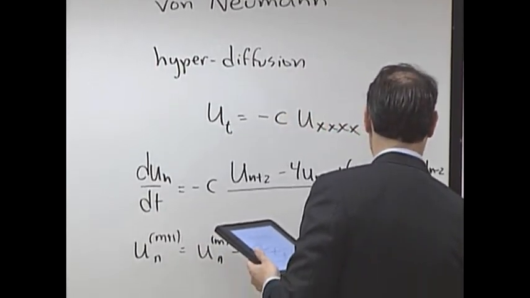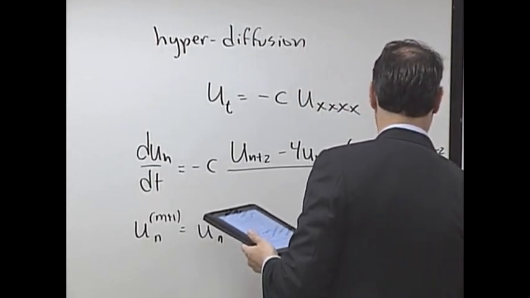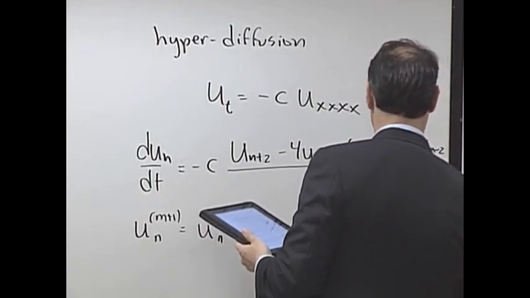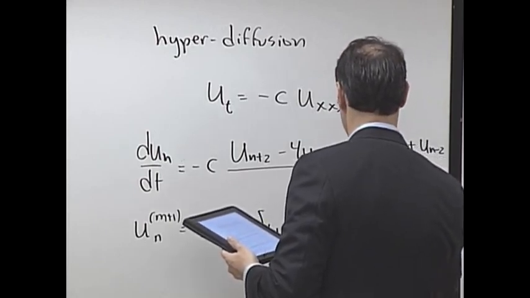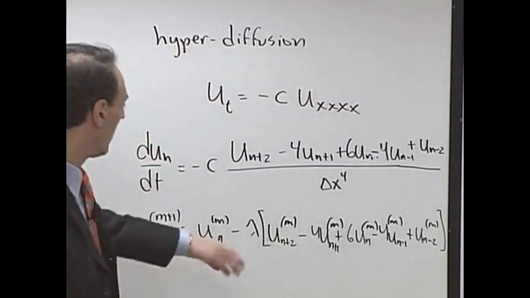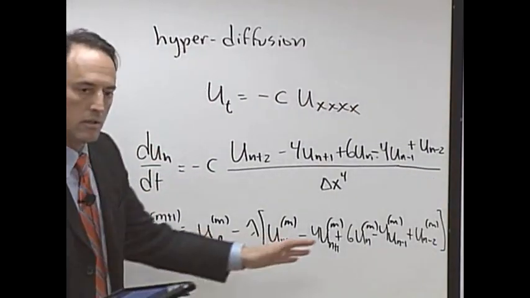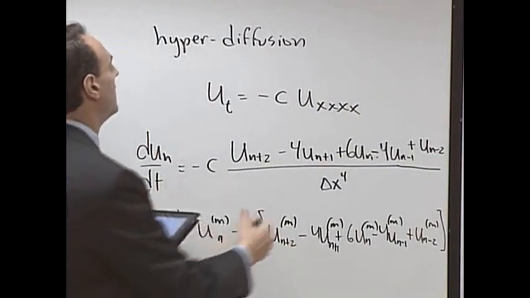Minus my other neighbor and plus my other neighbor. All of these evaluated at m, current time. I know that looks a little mushed up, but there it is. It's a scheme. You can do it. And your lambda